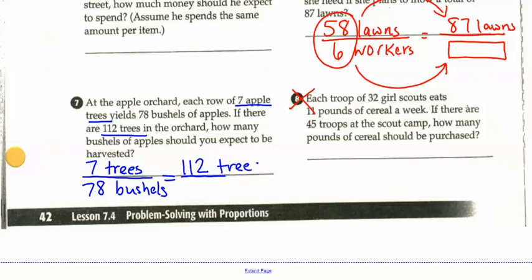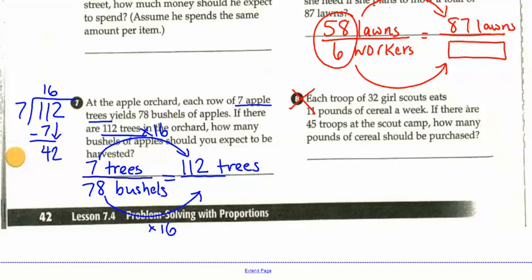So we've got to scale this up. So again, we're going to look to see how many times do I multiply 7 to get 112. So to see if that works, we're just going to go ahead and divide that. So that's 16 times, right? So I did that up there, I need to take 78 and multiply it by 16. So you are going to be dealing with some bigger numbers